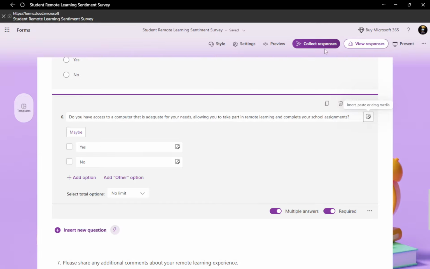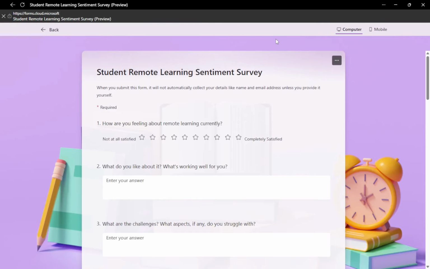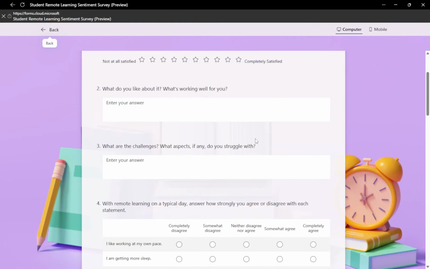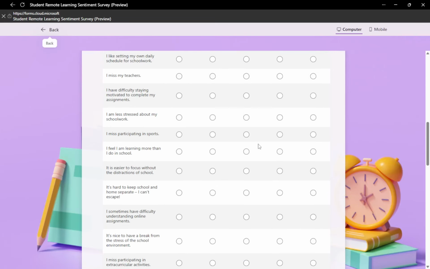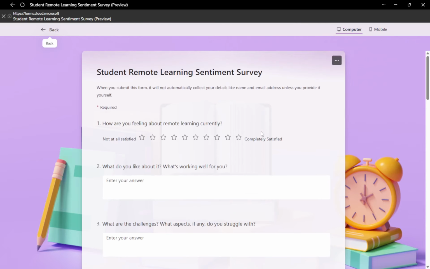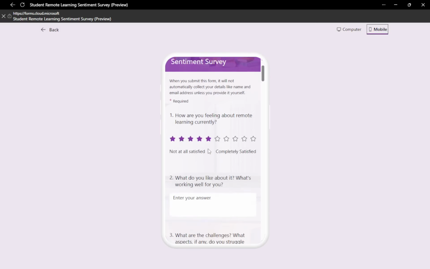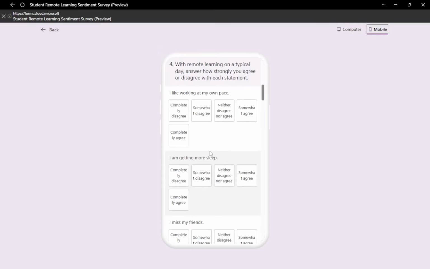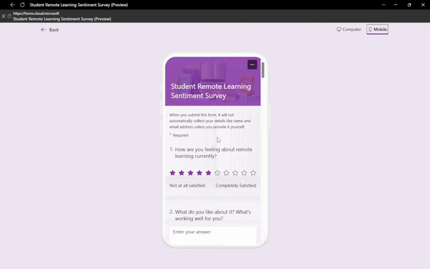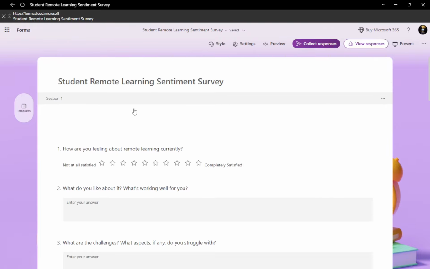At this point, preview the form. Click Preview at the top. A live preview opens, showing how the form will look on a computer screen. Switch to mobile mode to see the phone layout, which is what many respondents will actually use. Fill in the questions and click Submit to send a test response, so you can confirm that required questions behave correctly and every option is visible. After submitting, you will see the same thank you page that your respondents will see.